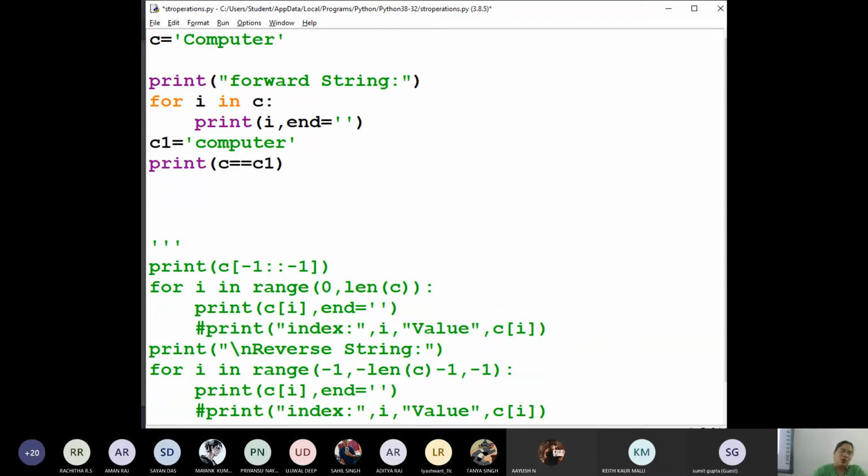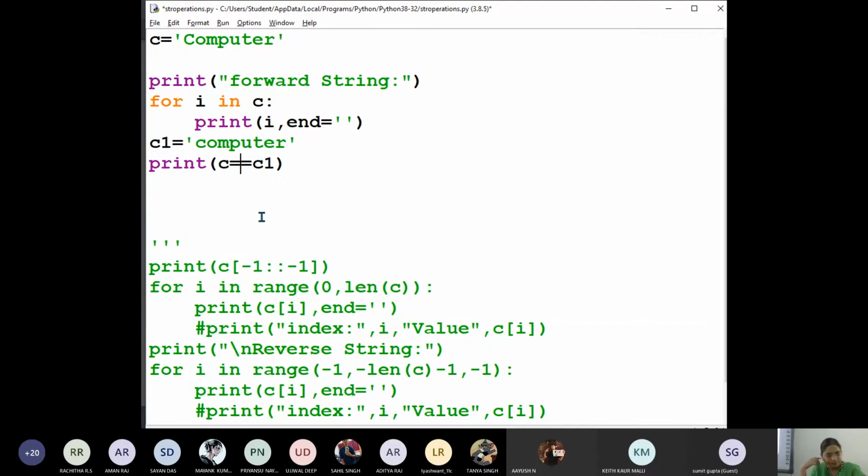So both are equal or not equal? Dimple, can you answer me? Ma'am, can you repeat the question? Yeah, here c1 is computer, c is also computer. Now I just want to display whether both are equal or not, using double equal to.